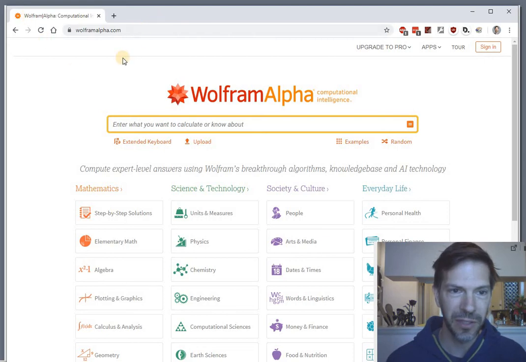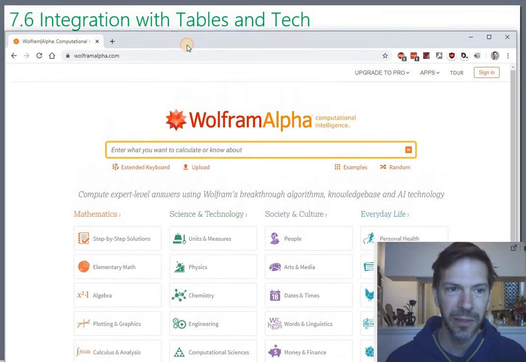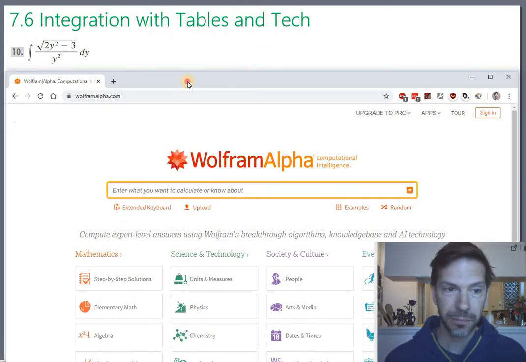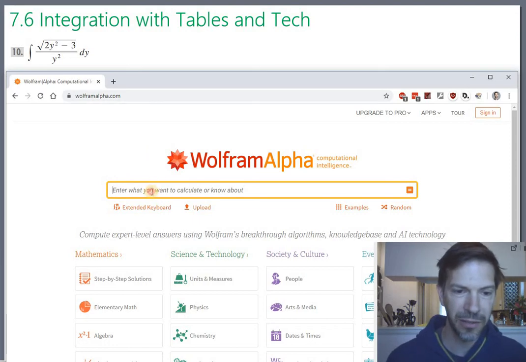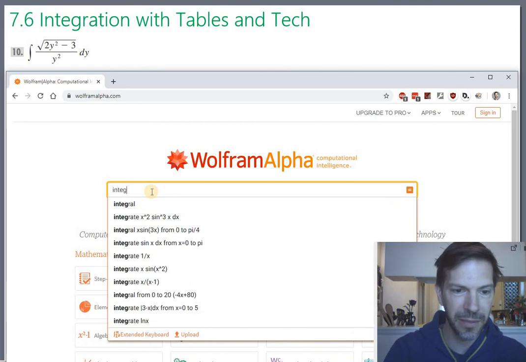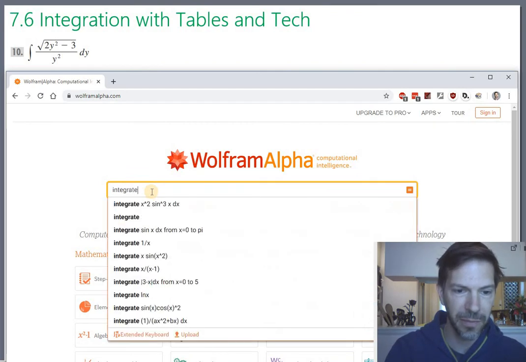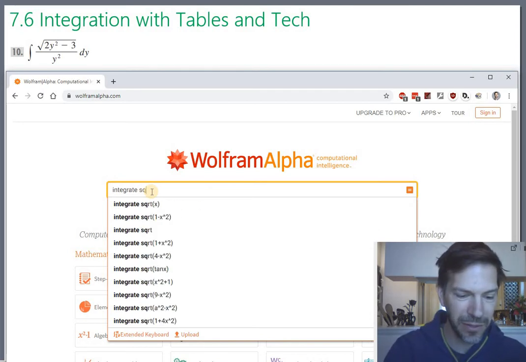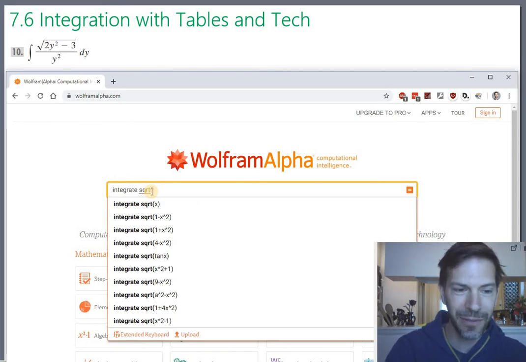So it's wolframalpha.com. Same people that make Mathematica, if you're familiar with that program. And you can pretty much do what you can do with a search engine like Google. So if you want to integrate something, you can actually just type integrate. And you can mix symbols and math and words. I'm going to type SQRT for square root, and then